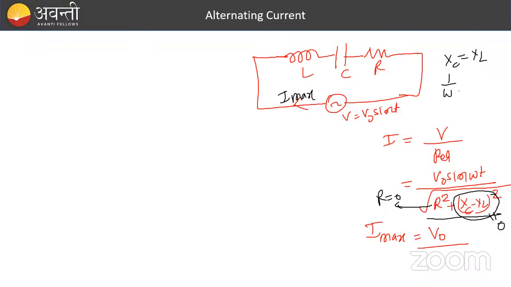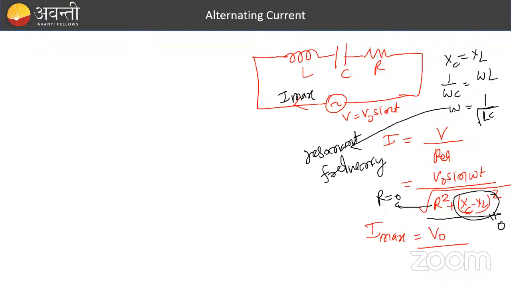XC क्या होता है? 1/ωC. XL क्या होता है? omega L. So for resonance condition, omega should be equal to what? 1/root LC. ठीक है? So this is the resonant frequency. इस frequency को हम लोग क्या बुलाते हैं? Resonant frequency. ठीक है। अब देखो तुम्हारे एनसीईआरटी में एक ग्राफ पढ़ना है जिसको बनाना किसके किसके बीच है, करंट